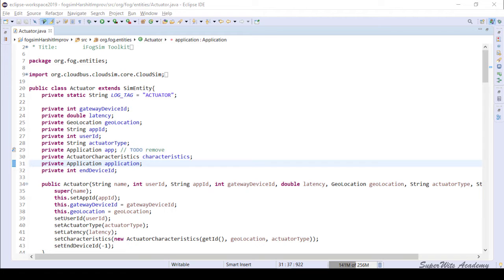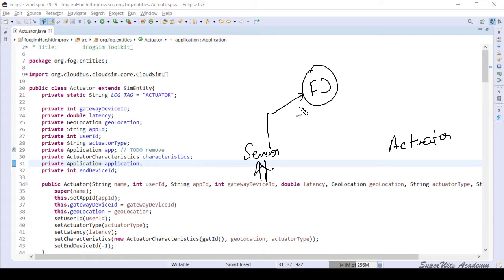When we are talking about this fog-based system, what we have is a sensor that is on the end device, or maybe on the edge of the network, and there is an actuator. Whatever sensing is done by the sensor is sent to an intermediate fog device in the system, and this may get to another set of fog devices in the hierarchy, or at the end it will be connected to a cloud, right? So in this typical example, there is a cloud, then a fog device, and then it is connected with the sensor. Similarly, this sensor is also connected with an actuator.